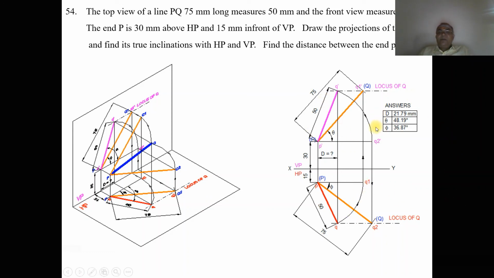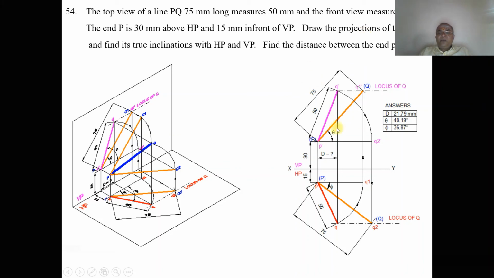Now we need to find the front view. With P dash as center, taking the radius of P dash Q2 dash by using the compass, you draw an arc such that it cuts the locus of Q in the front view here. You mark this point as Q dash and then P dash Q dash with a dark line. Then join Q dash and Q; when you join that, both will lie on the same line. Once you get this, by using the protractor, you measure the angle, which is theta. Here the theta angle will be equal to 48 degrees when you are doing it manually. When you are doing it in computer, it will be 48.19.